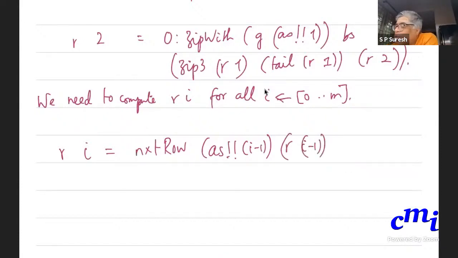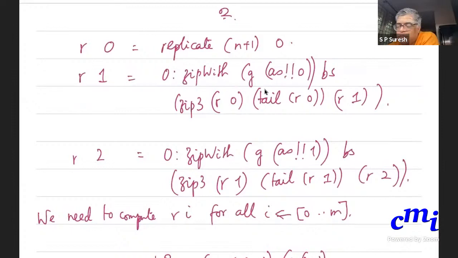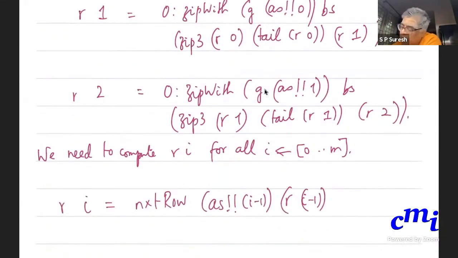Look at what is the only thing that is changing in this. Bs is the same everywhere. Bs is here, Bs is here. Then As at 0 is there, As at 1 is there. So that is changing. What is the other thing that is changing? If it is R1, then it should be R0, R1. If it is R2, it should be R1, R2. So that is changing. Only those things that are changing, make them parameters and introduce them as a new function. And we will see why it is useful in a minute.